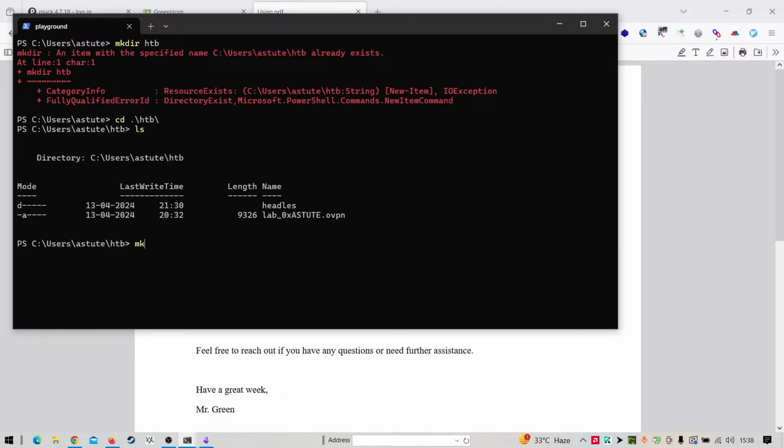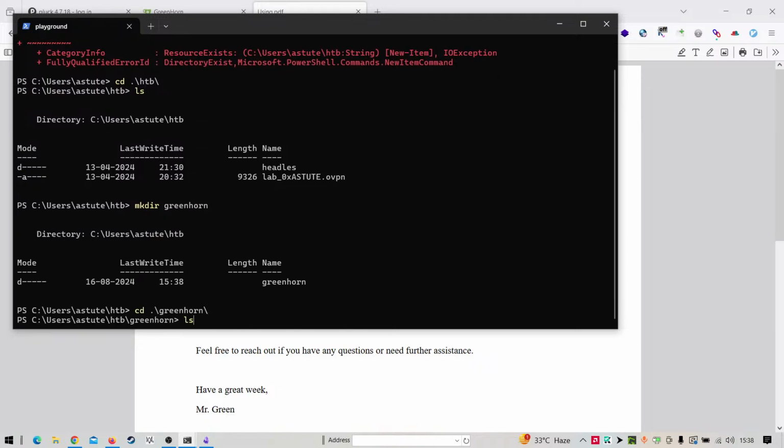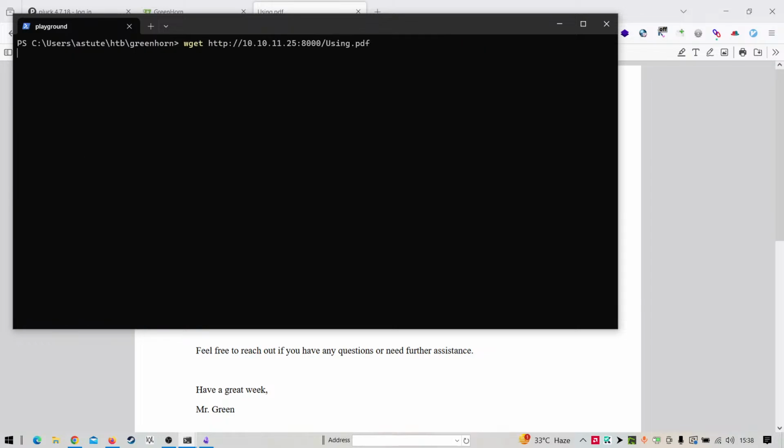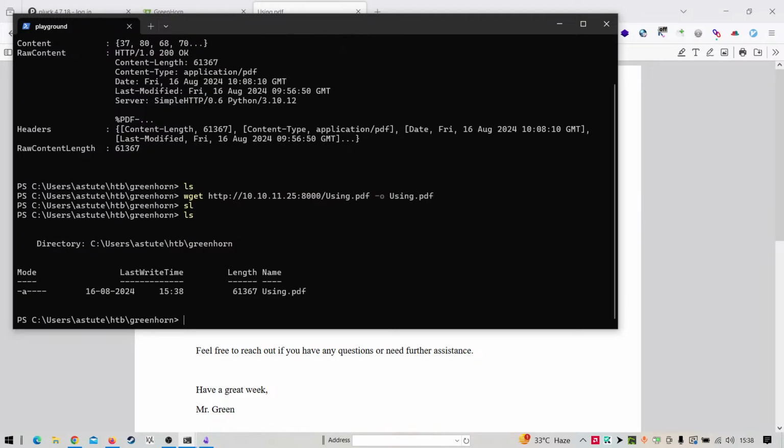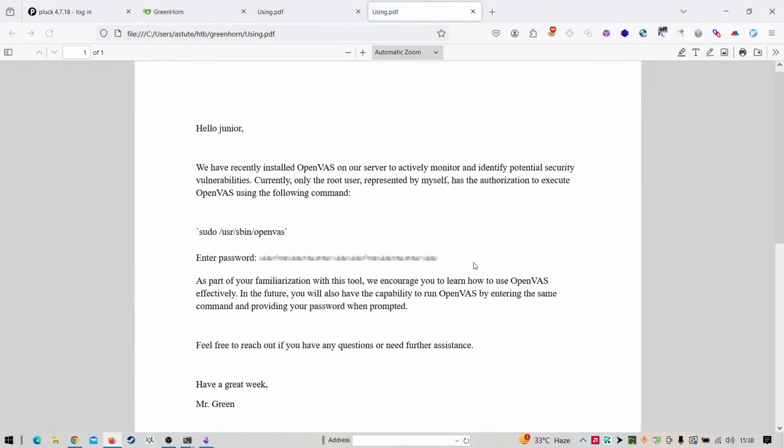I'll make a folder with the name Greenhorn, and in Greenhorn I will download that file, using the PDF. So now I have this file that is redacted, and